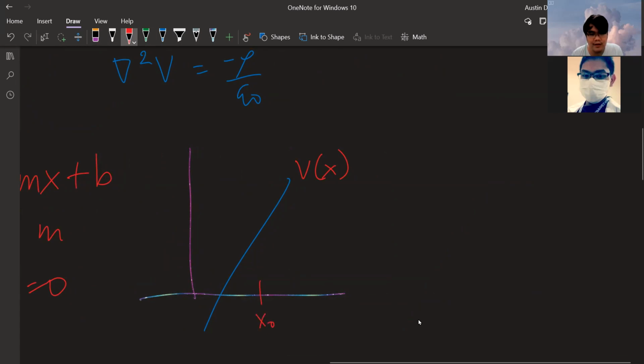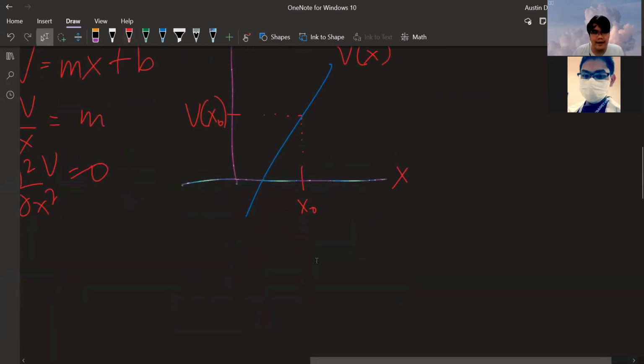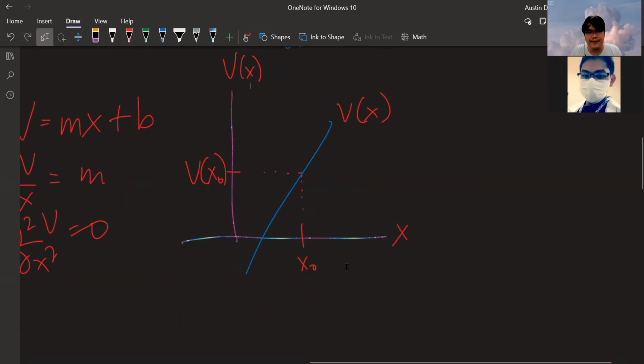X naught. At this point, you have a corresponding potential, V of x naught. Right? Okay? Makes sense, di ba? Because this is x, this is V of x. Okay? So, malinaw pa naman, di ba? It is intuitive that